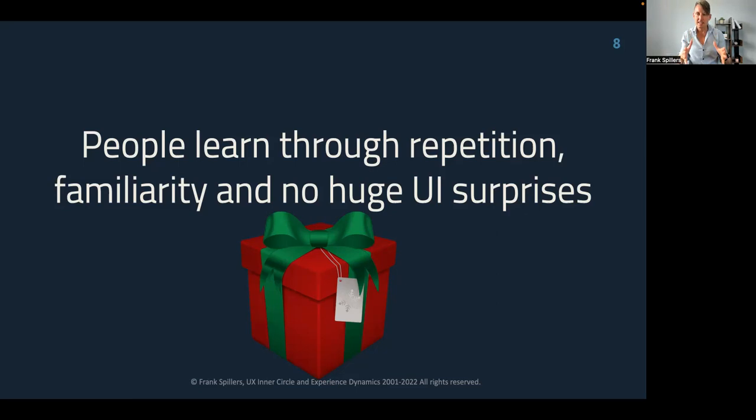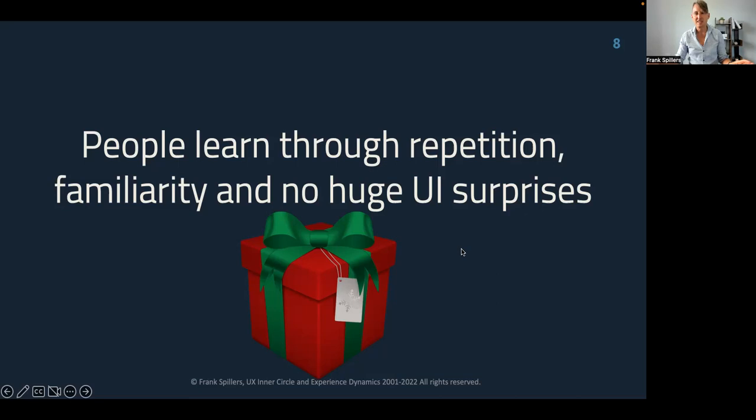And the reason I did that was because of the anticipation, the mental model of big box must mean big gift. And then they would open it, of course, and it was kind of a bit of a joke, and then they get the gift, and that's it. But I still will sometimes do that because I like the fact that it helps the mental model. So that's fine in that kind of context, that kind of surprise, but not in a UI,